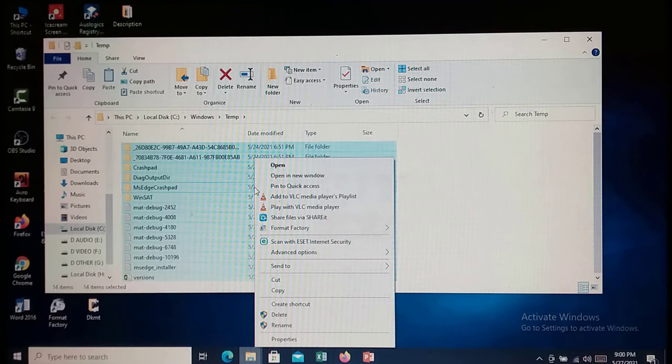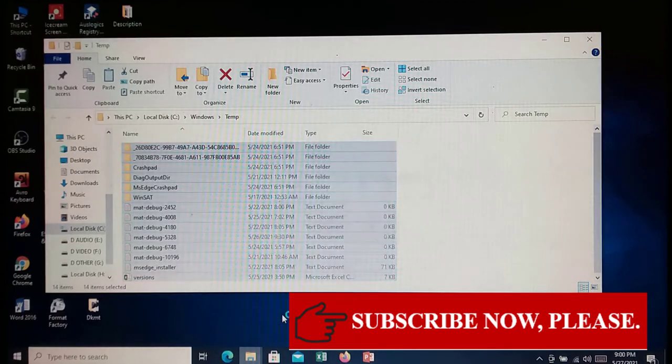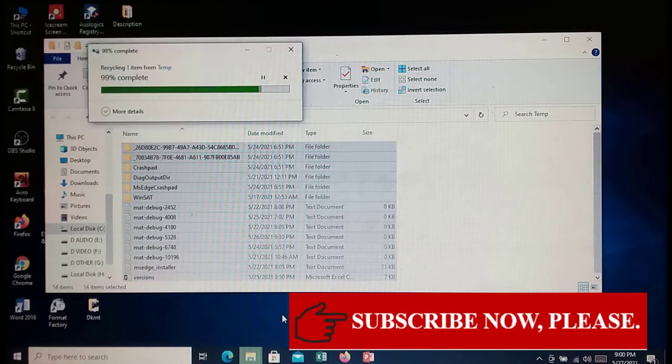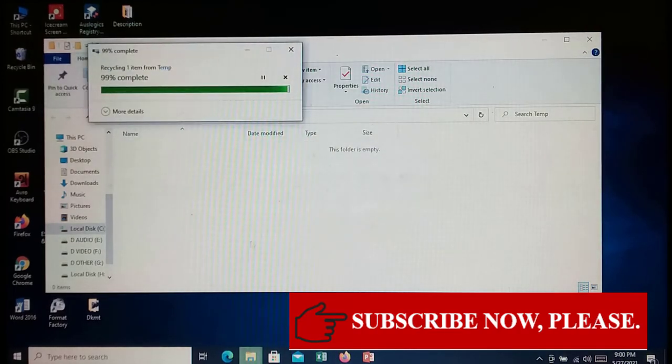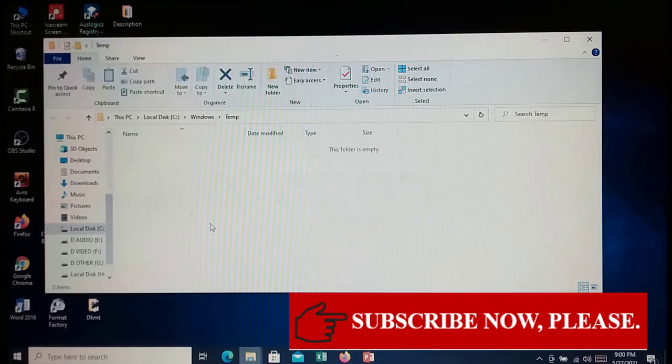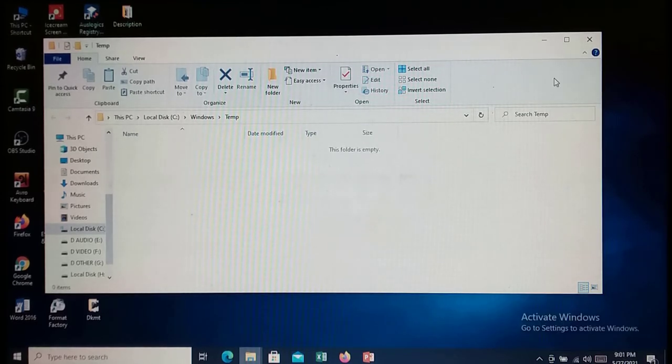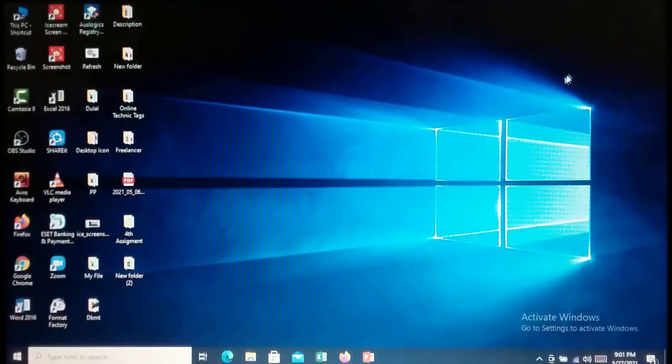Then you will see such a box. From here click on the delete option. Now see all of the files have been deleted from here. Now you can close the page.